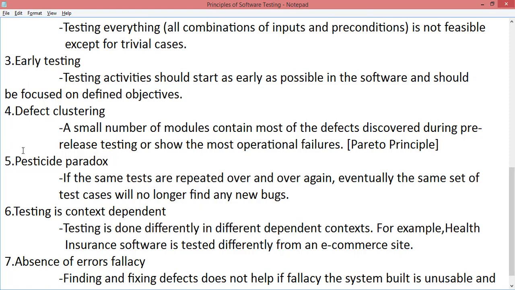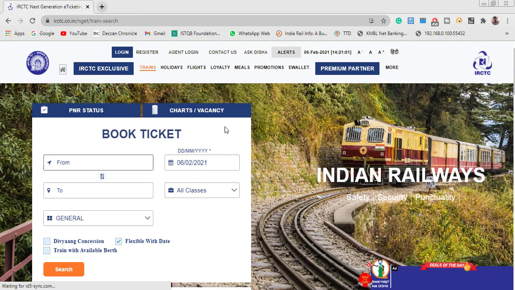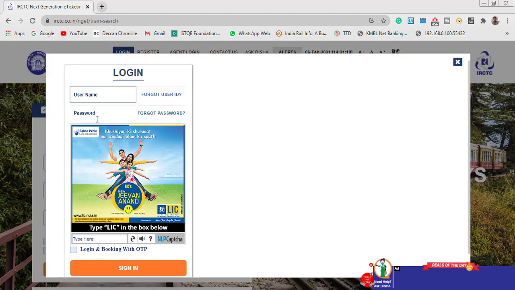If you have any application, for example the IRCTC portal, we have one screen called the login screen. Let me open this login. Now we have two fields, username and password.